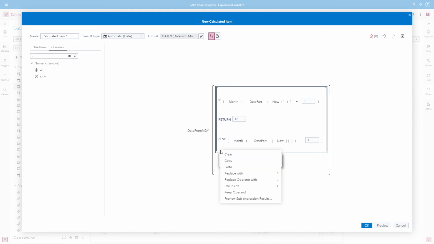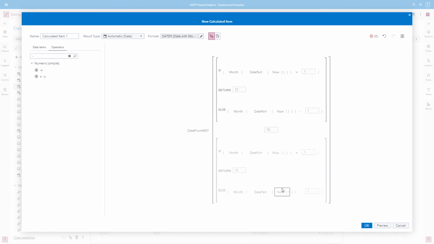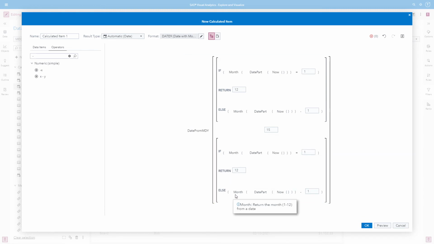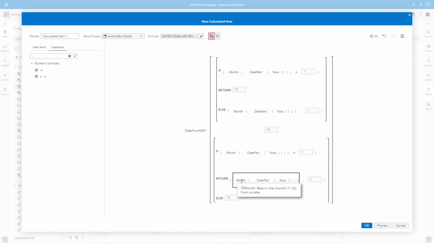So let's go ahead and copy this if-then-else expression and work from there. So again, if the month is January, then we need to subtract 1. So let's go ahead and swap these. So if the month is January, then we need to get not the month, but the year.